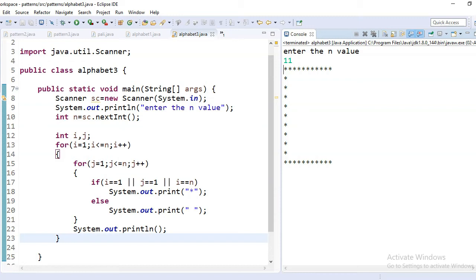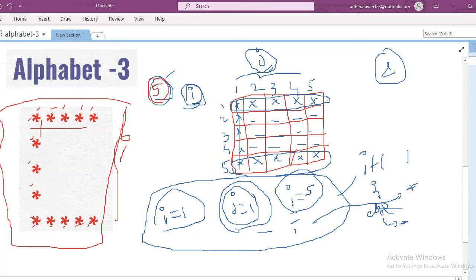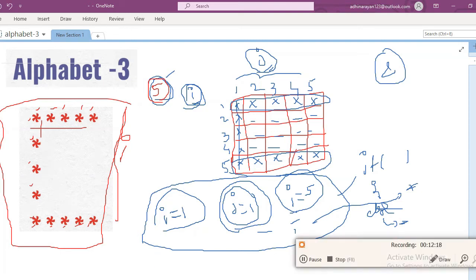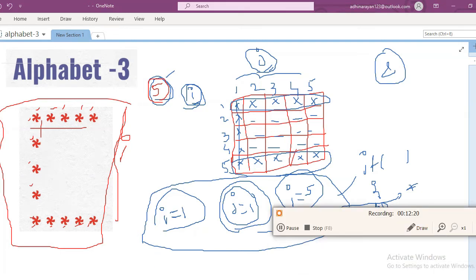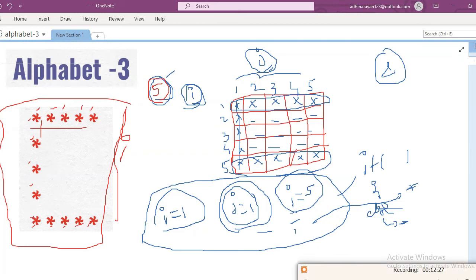This is my program, and this one is very helpful to crack any pattern. So let us understand my program. Okay, now if you observe here,